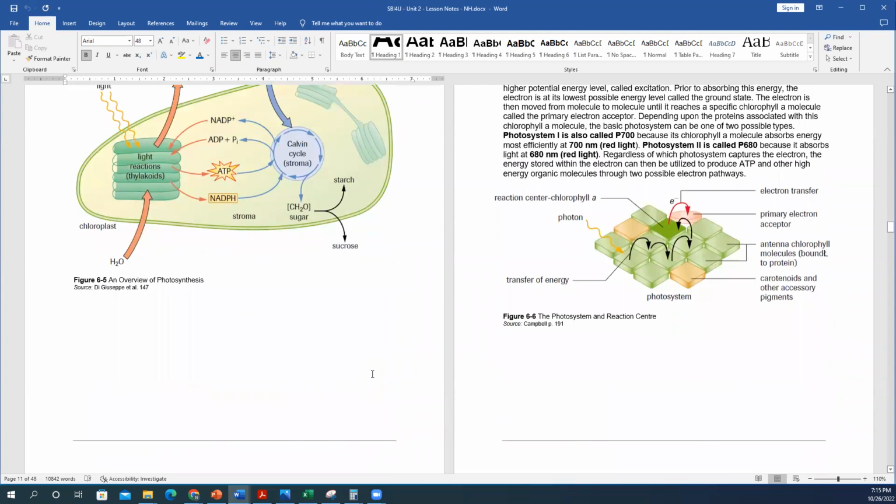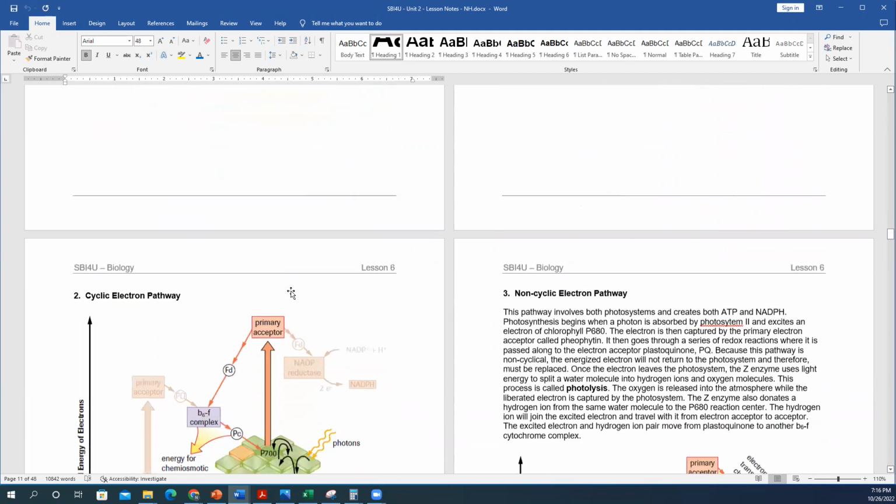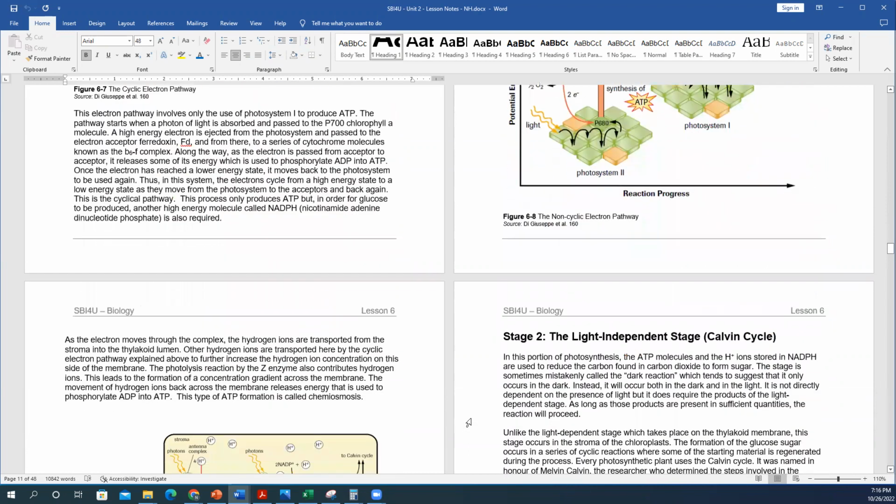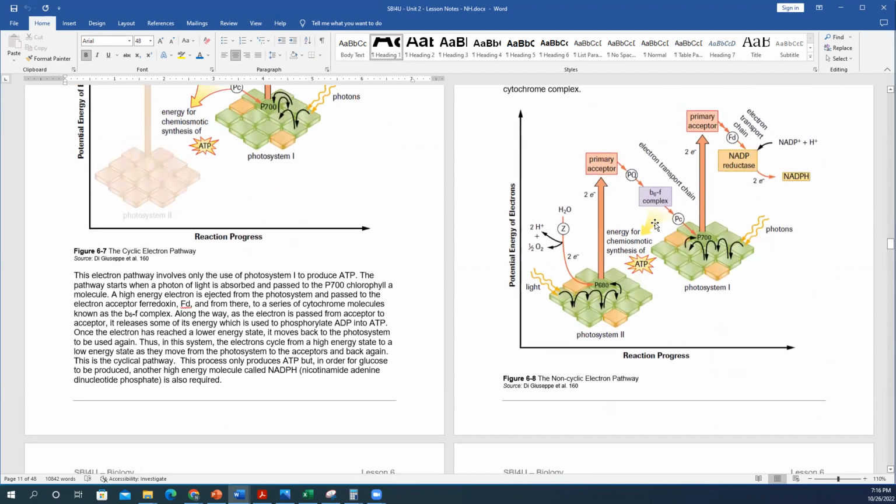We discussed how light excites some of the photocenters in the thylakoids inside the chloroplast and excites an electron and promotes it to acceptors, which will pass it